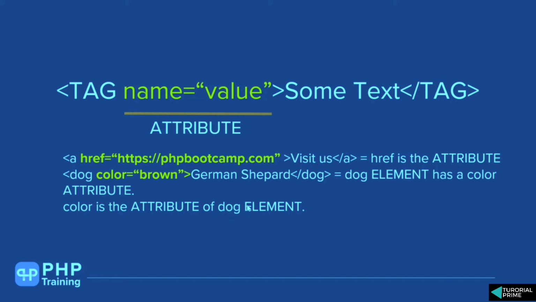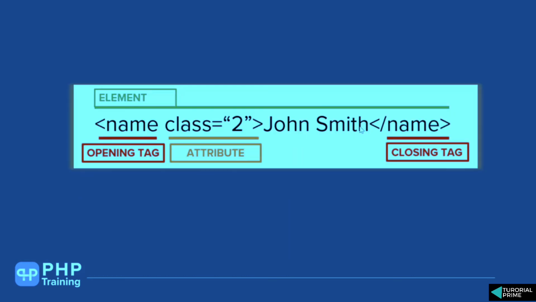So let's do a quick summary of what we have learned. This is the perfect example. Again, name is not an HTML tag. I'm just giving you a definition of tag, element and attribute. The name here is called the opening tag. The name here is called the closing tag. An attribute is called class and that class has some value. The name is saying some person's name, and from the starting tag to the ending tag, or the opening tag to the closing tag, is called an element.